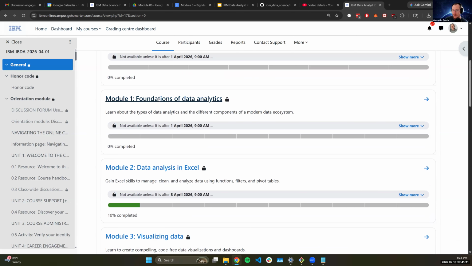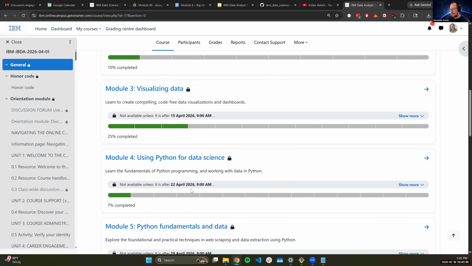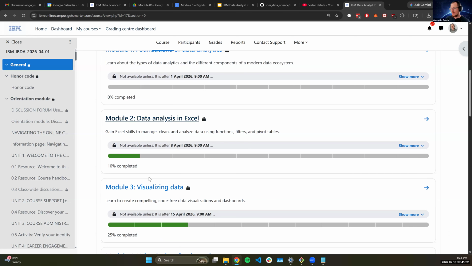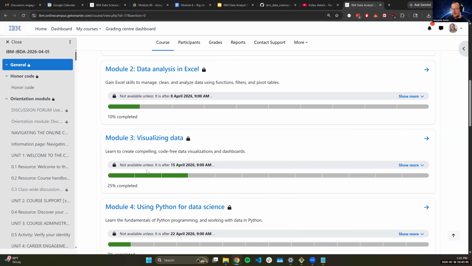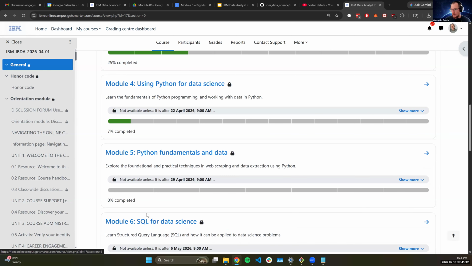So you started with week 1, foundations of data analytics, and then week 2, which is your crash course of Excel, kind of a fun week. And then week 3, creating data visualizations in Excel, and I think IBM's visualization business intelligence tool. So I'm going to be picking up around week 4. I may go back and add in lectures for these other ones, but I think the last instructor may not have done those, from my understanding at least. So we'll be starting with week 6, but I'm going to go back and record lectures for weeks 4 and 5.